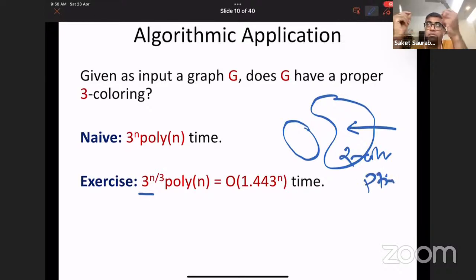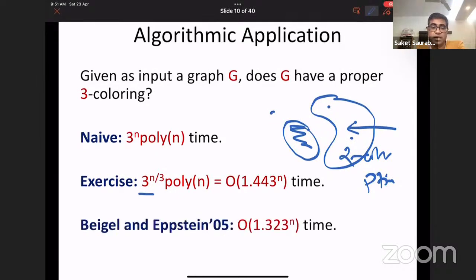So for 2 colorability, you start with a node, you say, okay, he needs to be assigned some color, red or blue. So let him be assigned red. If he's assigned red, what do all his neighbors need to be assigned? Blue. And you propagate this. If you are able to succeed in this propagation, then you will get a proper 2 coloring. So this is why 2 colorability can be tested much more efficiently than 3 colorability. The algorithm is basically you enumerate all maximal independent sets, and for the remaining graph, you test that it is 2 colorable. So you color it with 2 colors and you color the independent set with the 3rd color.